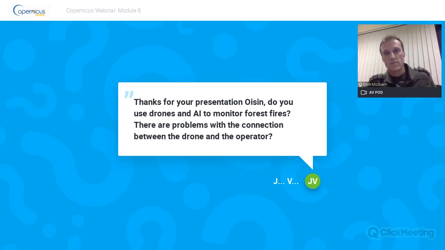Yeah, with drones, we've trained a lot of the fire brigades here in Ireland as well, and we don't use the artificial intelligence at the moment to monitor forest fires. Drones have been used. There aren't really issues at all with the drone connecting between the drone and the operator. That's just a Wi-Fi signal between the drone and the operator. Nowadays, drones can go 5, 6, 8 kilometers without any interruption of video signal or drone signal. And usually there's 2 antennas over here. One is for control and one is for video. So they're generally pretty strong, and you can buy little amplifiers for them. So that's not a problem.